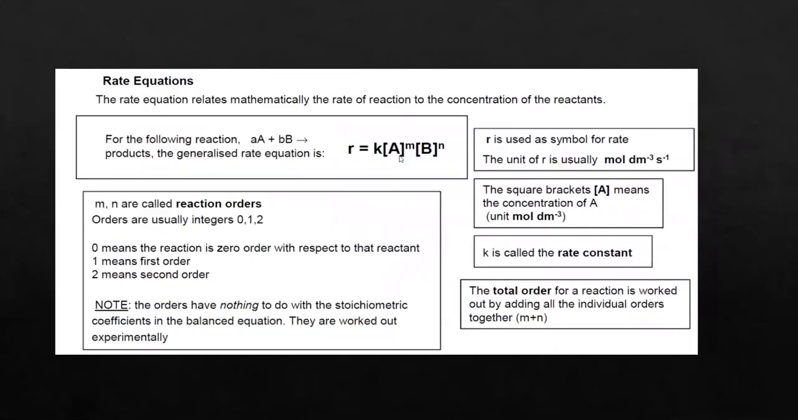Now if we sketch a graph for order of the reaction: first order, second order, zero order. Zero order means that if you change the concentration, the rate of the reaction will not change. First order means if you double concentration, rate will be double. So if we have a graph between rate and concentration,